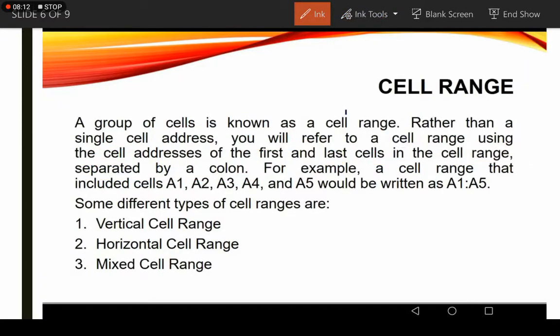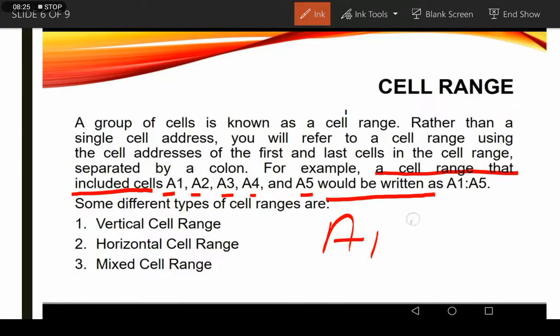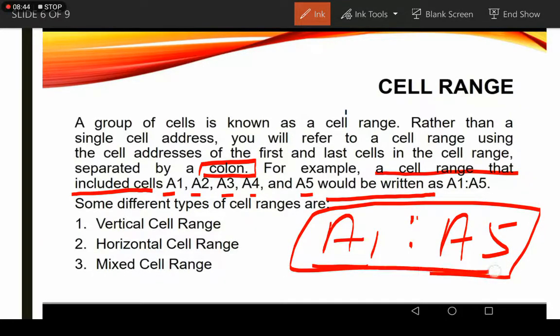For example, a cell range that includes cells A1, A2, A3, A4 and A5 would be written as A1, and these two dots are called a colon. So A1 colon A5. You don't need to write A1, A2, A3, A4, A5 individually. You can simply write A1 colon A5, so it will select the range from A1 to A5 in MS Excel.